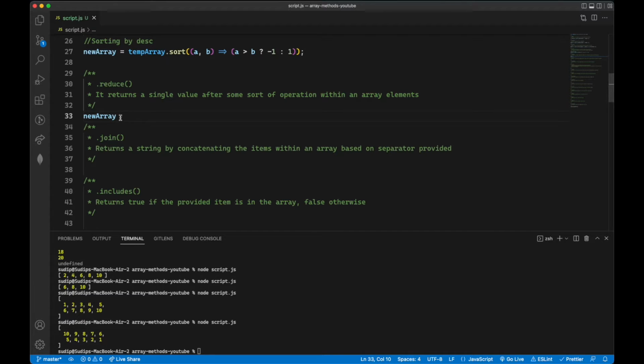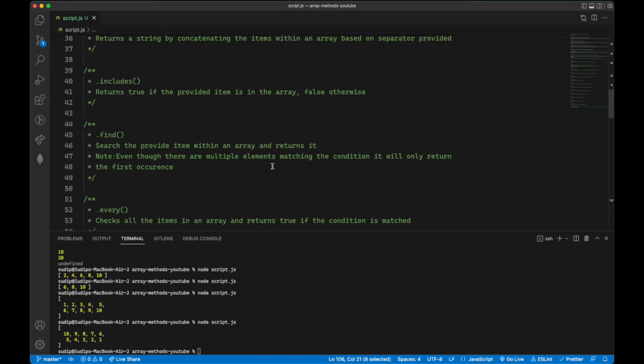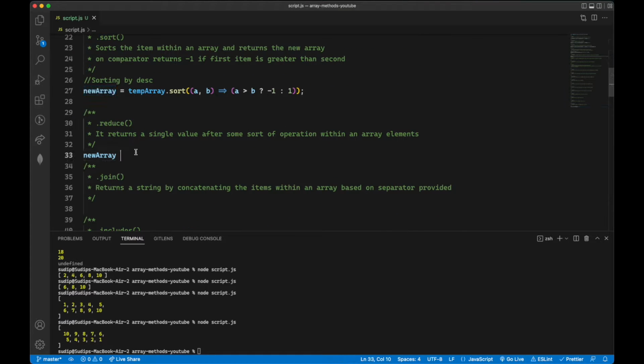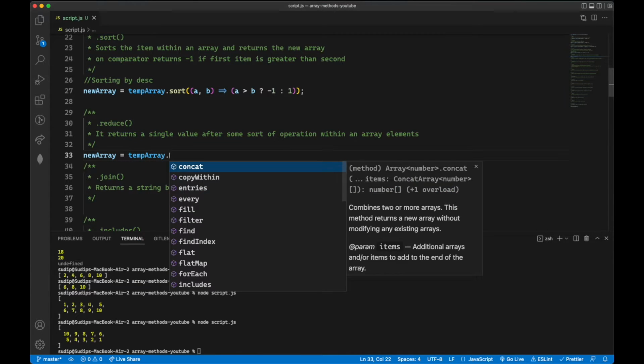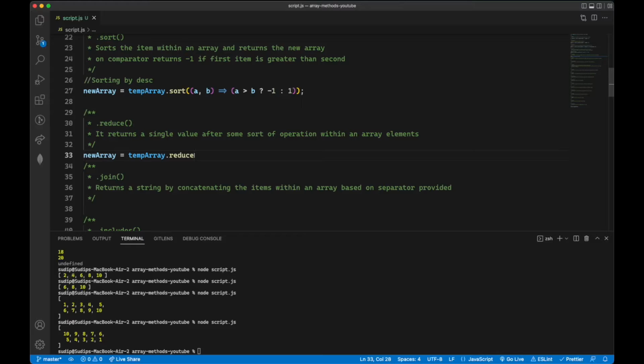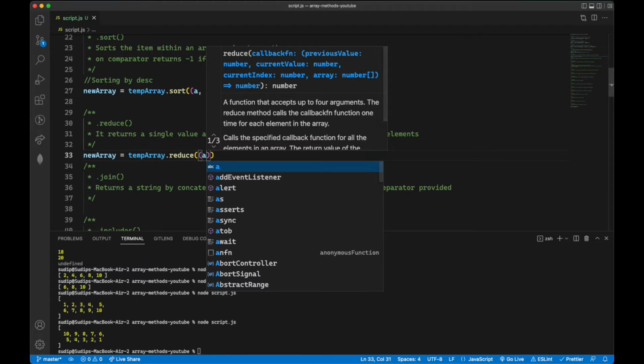Right now we're just interested in sum. I don't want to create a new variable and add it as a console log, so I just don't want to go with that hassle. That's why I'm using this name. Keep that in mind. What we can do is temporary dot reduce, and as an argument it takes two